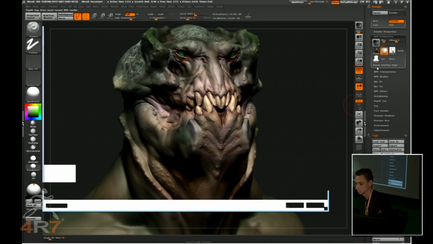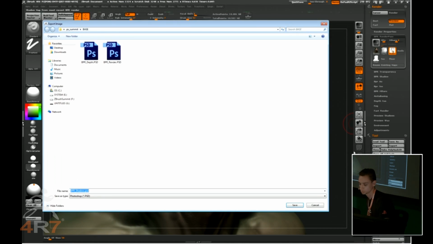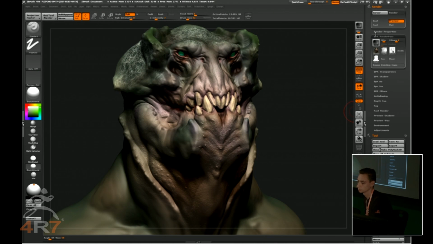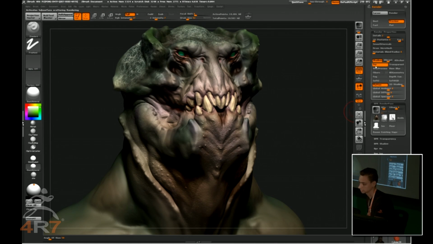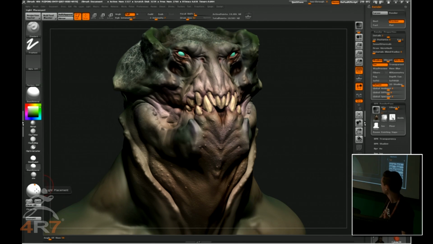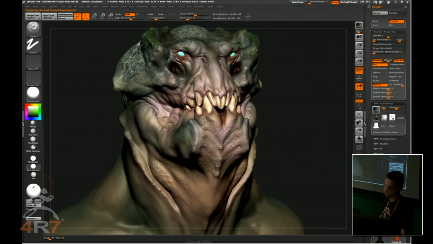So we have ZDepth, shadow pass, and a mask. I can also do occlusion and a subsurface just by turning on those options. I'm not changing anything at this point. You can see my light right here in the corner. The first render that I did was more like a front light, and I like to do one very frontal like this. This is going to take a little more time because of the ambient occlusion and the SSS, but again, it's nothing compared to